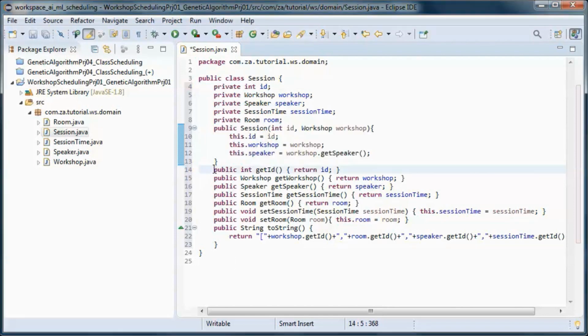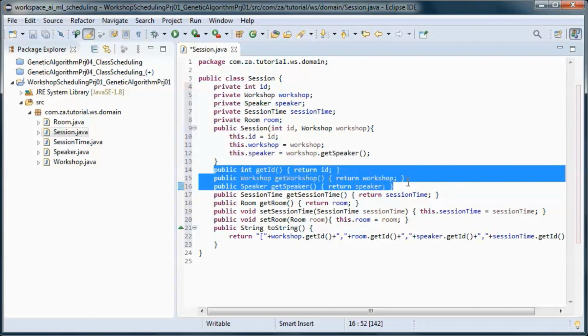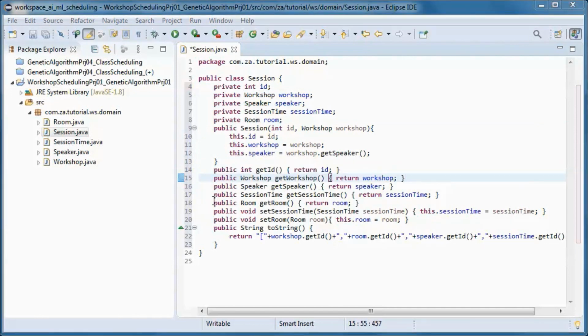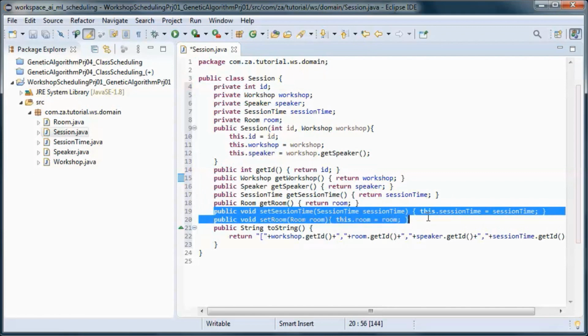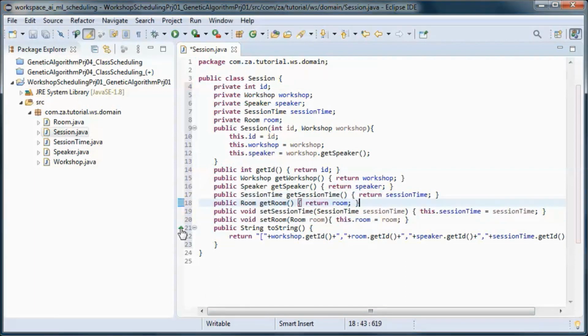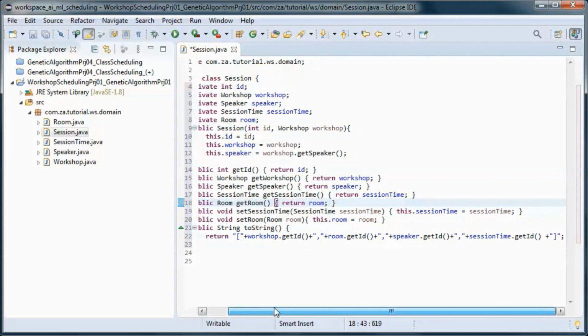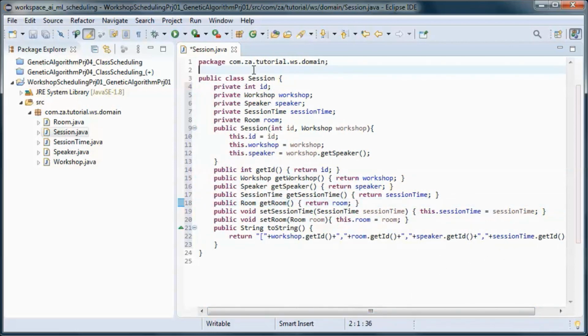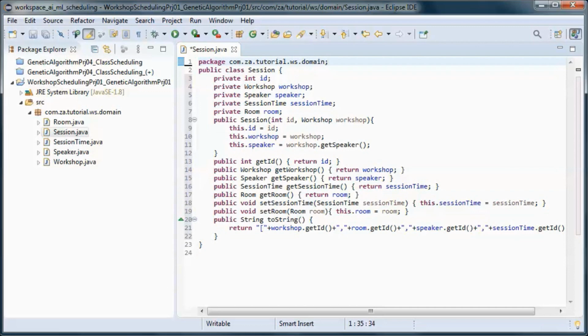And we will have get methods for those, and we'll have those two methods for setting the session time and the room, and we'll have two get methods for those. And the toString method will return the workshop ID and the room ID and the speaker ID and the session time ID that is associated with this session.